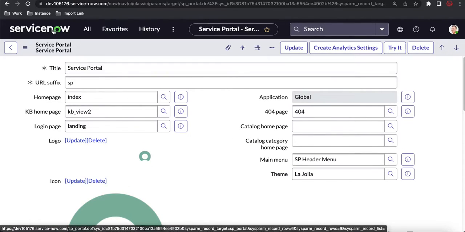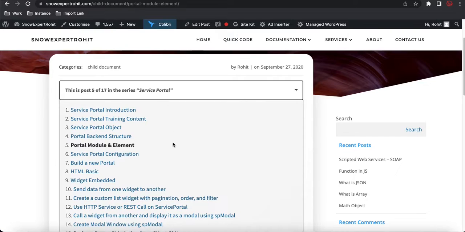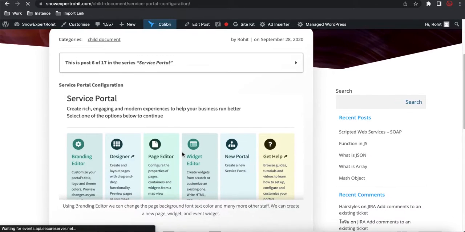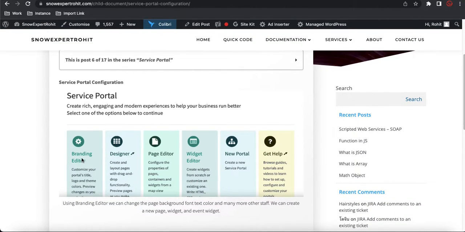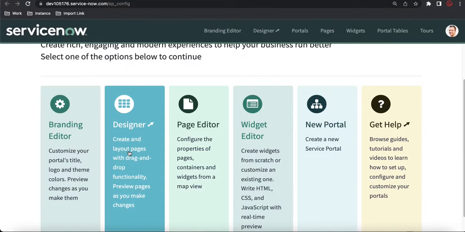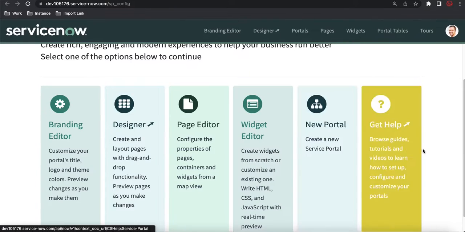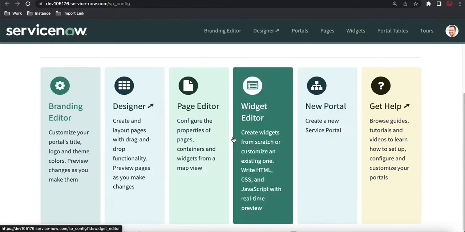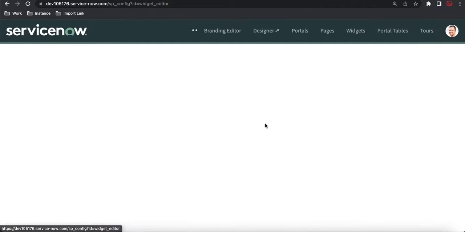So let's understand from the documents also. If I go back to the service portal configuration, under this configuration we can see the menu I already talked about here. From each and every menu we can create different things. This is a graphical representation. So let's say if you want to create a new widget, you can click here and create a widget from here,